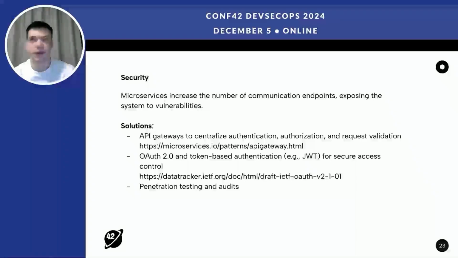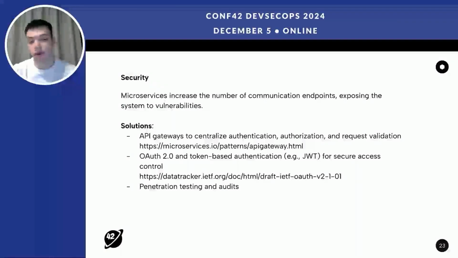For example, you can use Istio gateway if you're using Kubernetes, or you can use proxies like Nginx, Envoy or HAProxy. The other thing that you can use is the OAuth2 protocol and token-based authentication like JWTs for